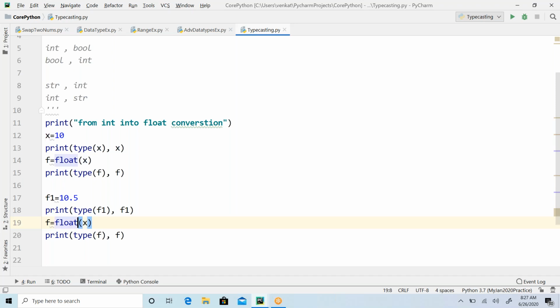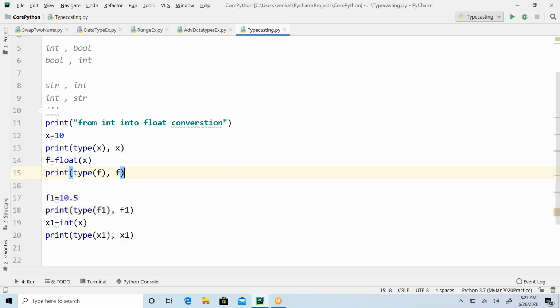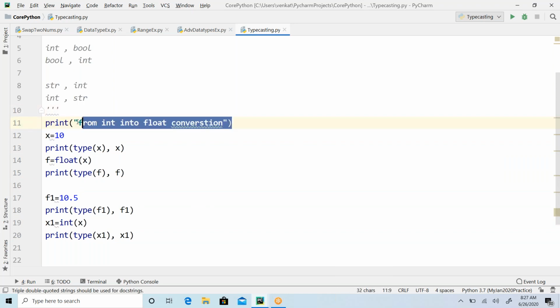So now what I'm doing is I'm going to convert this into integer. To convert a float value into integer, we have a function called the int function, right? So convert this and assign it to a different variable, x1. Now let me print type of x1 and x1 value. So what are we doing now? We are just converting a floating point value into